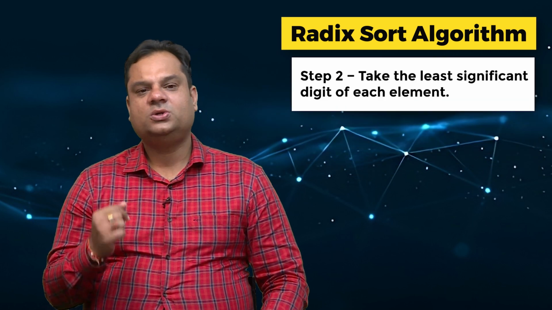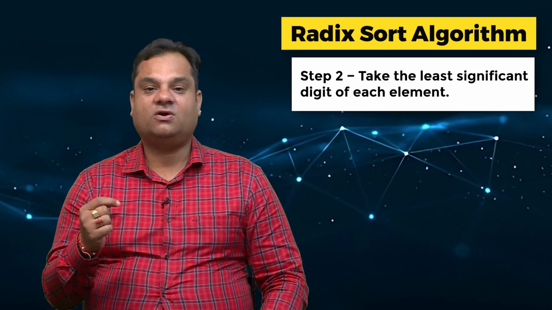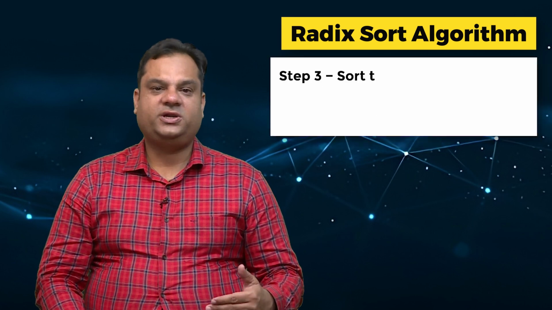Now in step 2, take the least significant digit of each element. In step 3, sort these